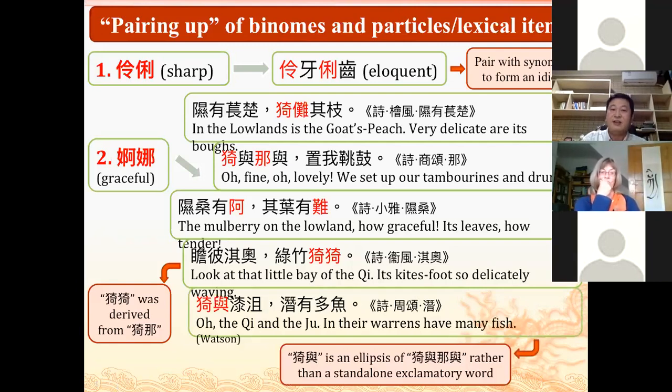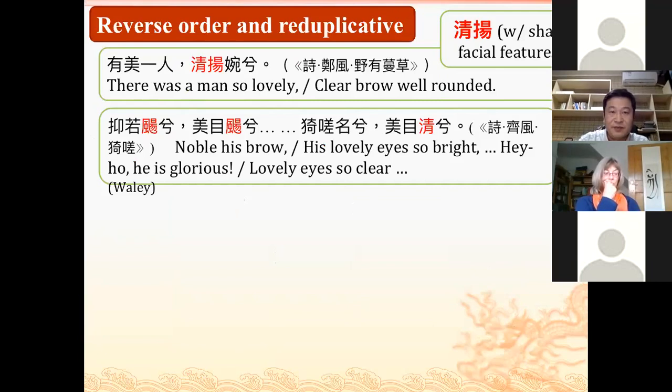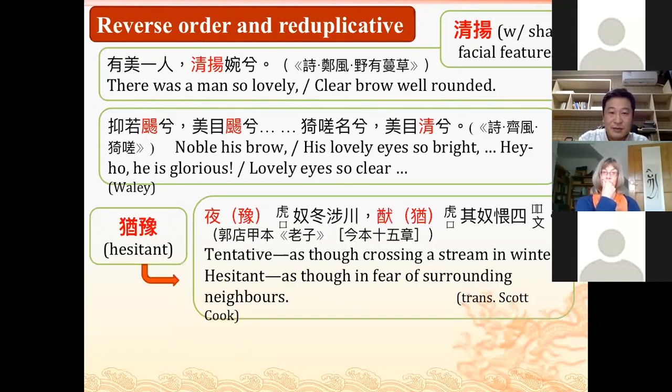So that means in some writing texts and in some versified works, a binome can be freely used in very different ways. There are many other examples, but because of limited time, I'm not going to read all of them. Let me skip. For example, very ancient documents which can be dated to the 4th or 5th century BC,